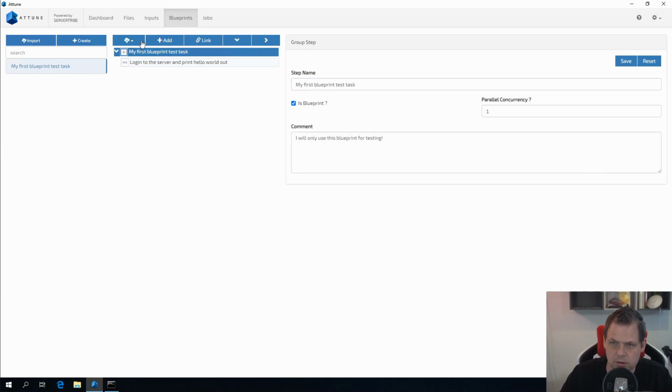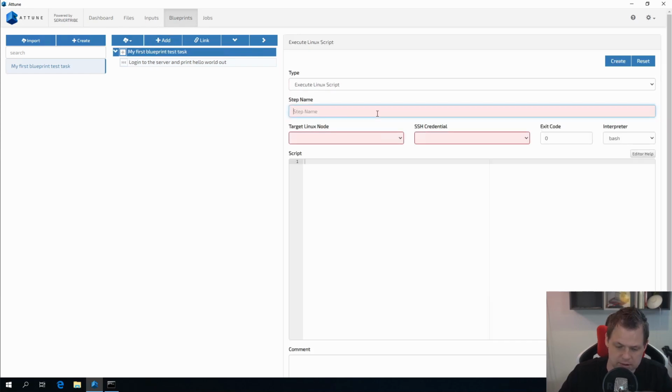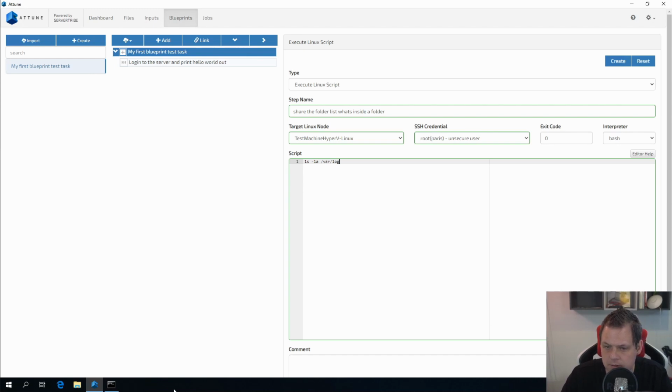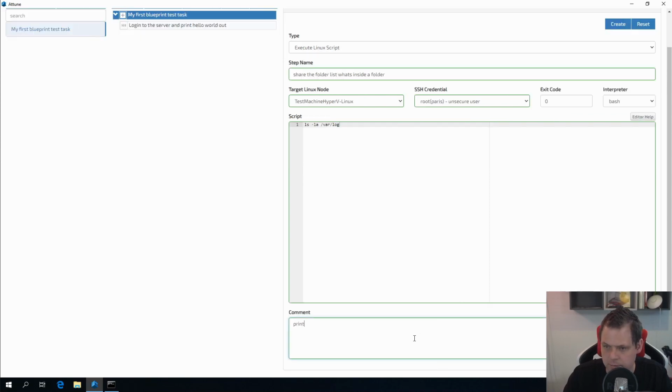I think after this one I can just click share the folder, list what's inside a folder, and of course make my target here. The only thing I need to do is to say ls -la /var/log, and that's it. I think, say print logout to term